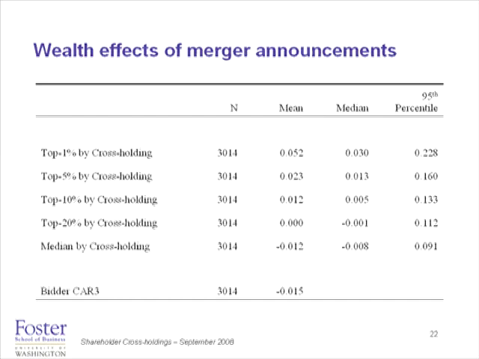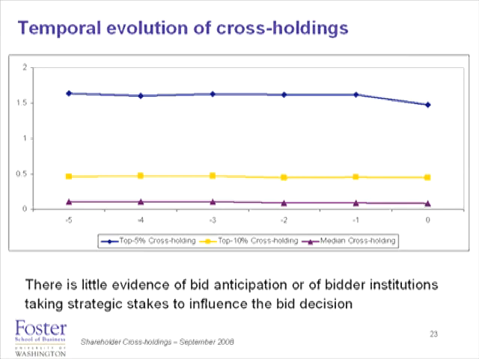So I'm running short on time. This is kind of your question earlier, Jim. One thing we wanted to check was reverse causality. You hear occasionally of some activist type investors. They buy firm A, buy firm B, and then start agitating for them to get together. You hear stories about that, but is that really a big enough deal to affect what's going on? Going back 5 quarters, these cross holdings are pretty remarkably stable. So it isn't that the cross holdings are appearing right before the merger, which could be what's going on.